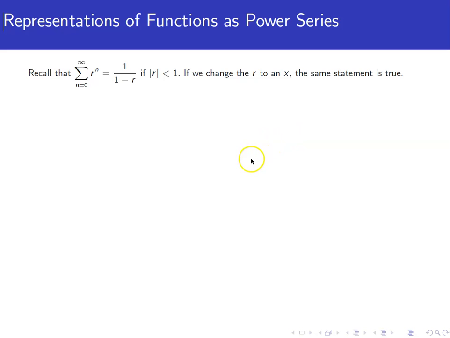In this video, we're going to talk about representing functions as power series. Certainly we've already seen the formula that the geometric series, the sum from n equals 0 to infinity of r to the n, is equal to 1 over 1 minus r if the absolute value of r is less than 1. Well, there's nothing special about the letter r. We can change it to a letter x and make it look more like a function, and we still get